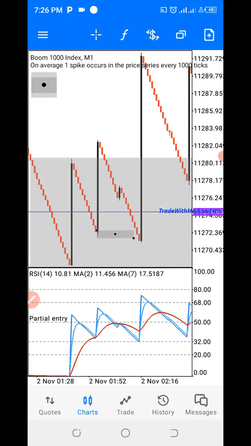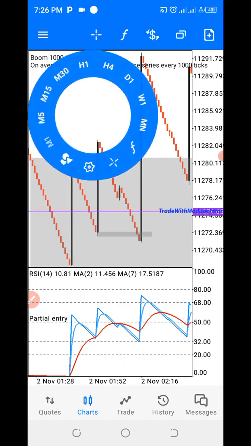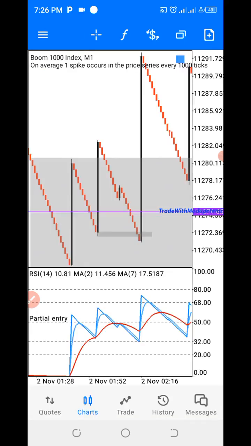So the moment price goes back to this area, I'm going to put my limit there, and I'm going to use 2 to 3 pips stop loss. So I'm using 2 to 3 pips stop loss. Let me use my rectangle to draw the 2 to 3 pips stop loss. You can see that we have